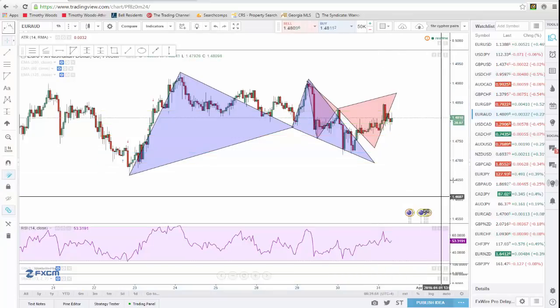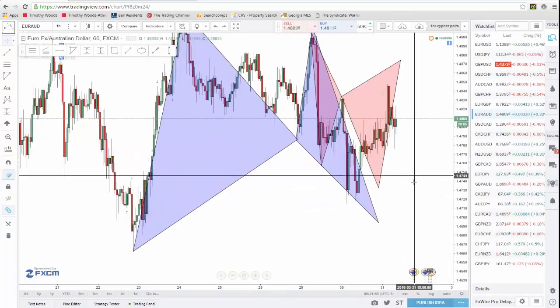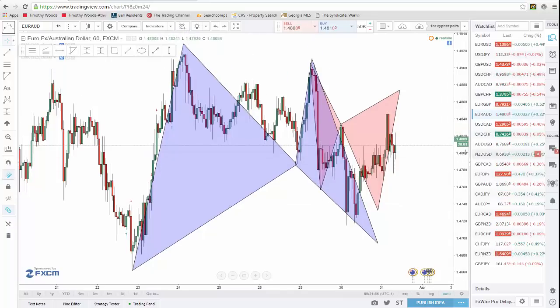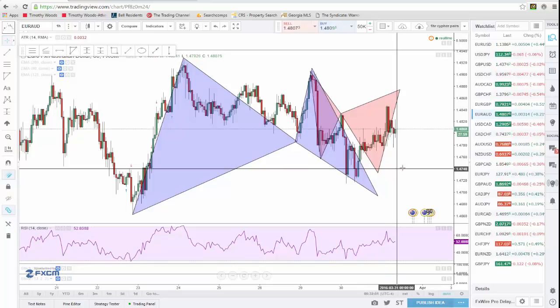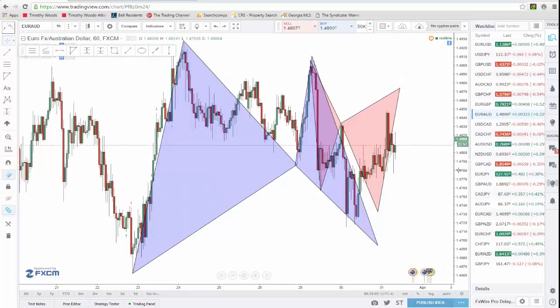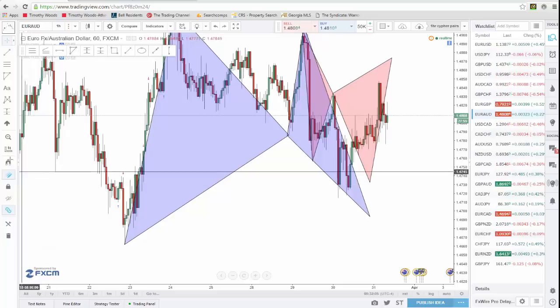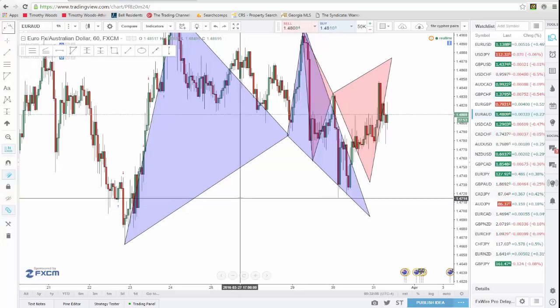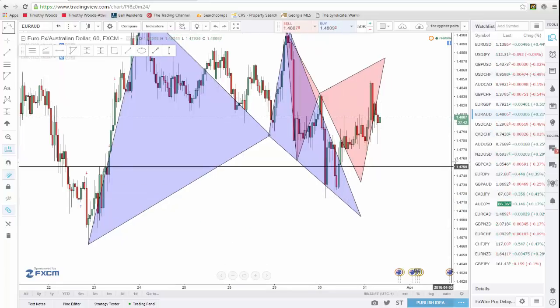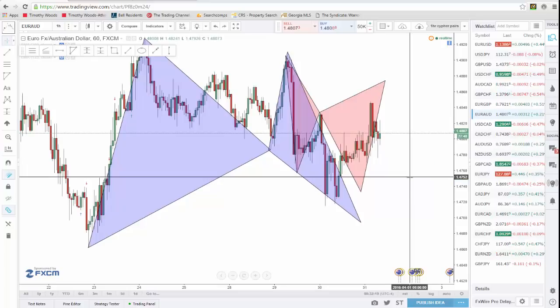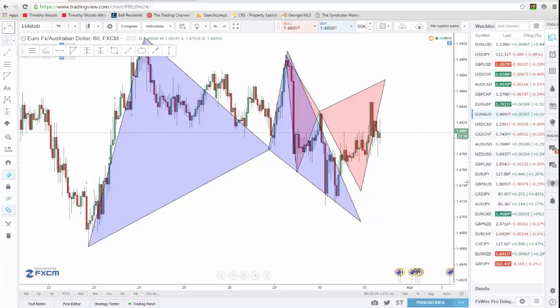And now let's check and see if price action got within half of an ATR. The ATR of this pair at the moment is 32. So let's see if we got within 32 pips of my entry here. Not within 32, excuse me, within 16. Half of the ATR is what I based this on. That's 21. So no, we did not get within 16 pips of my entry, which means this pattern is still valid according to my rules.